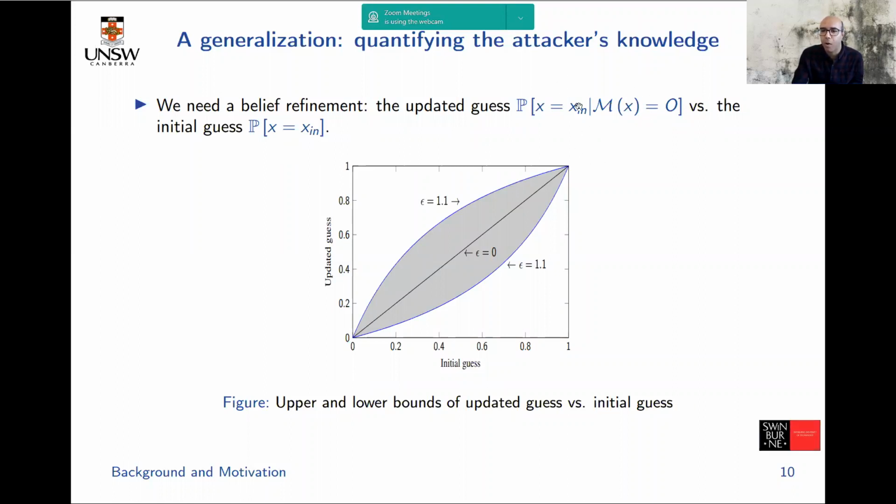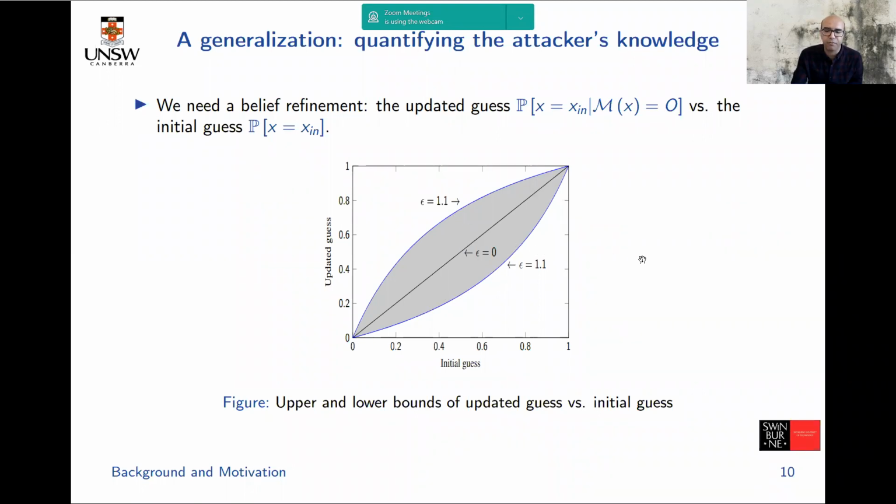So, how much probability is the person in that data set? You can visualize this probability based on different values of epsilon. For epsilon 0, you don't have any updated guess, but for epsilon 1.1, you have a lower bound and upper bound. For example, for an initial guess of 50%, you can have an updated guess of, say, 25